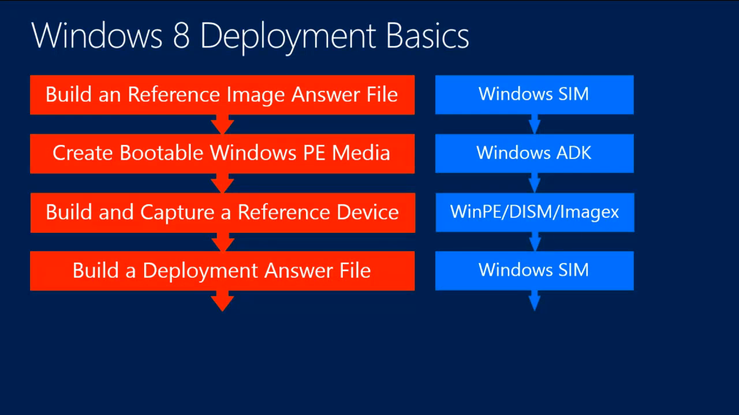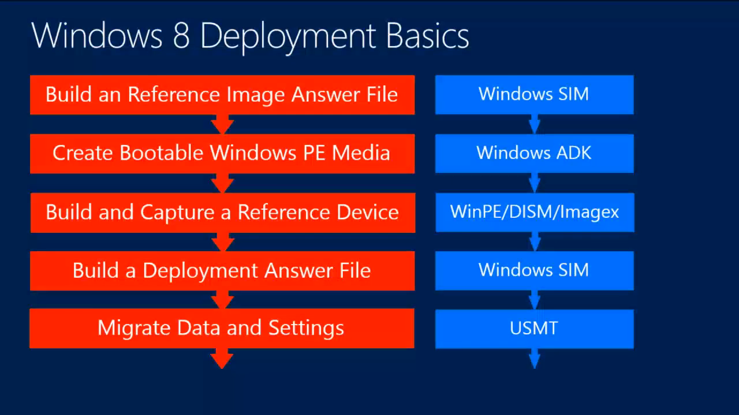Then we need to go back into, we create a reference image, and we need to construct an XML file to create our reference image. But now we need to construct an unattended XML file to deploy our image that we've created. So now we have to go back into the Windows System Image Manager if you don't have MDT. Also, if you don't have MDT, we will also migrate settings. So if you're running on an old box of